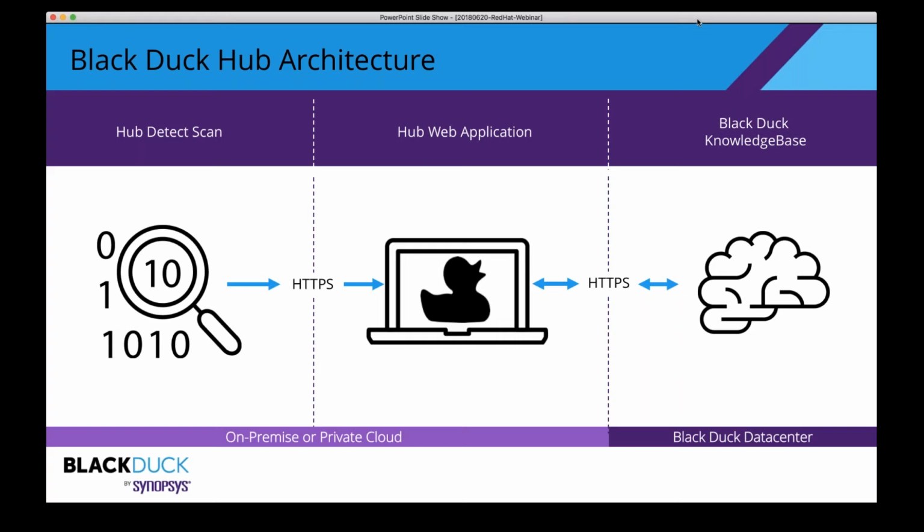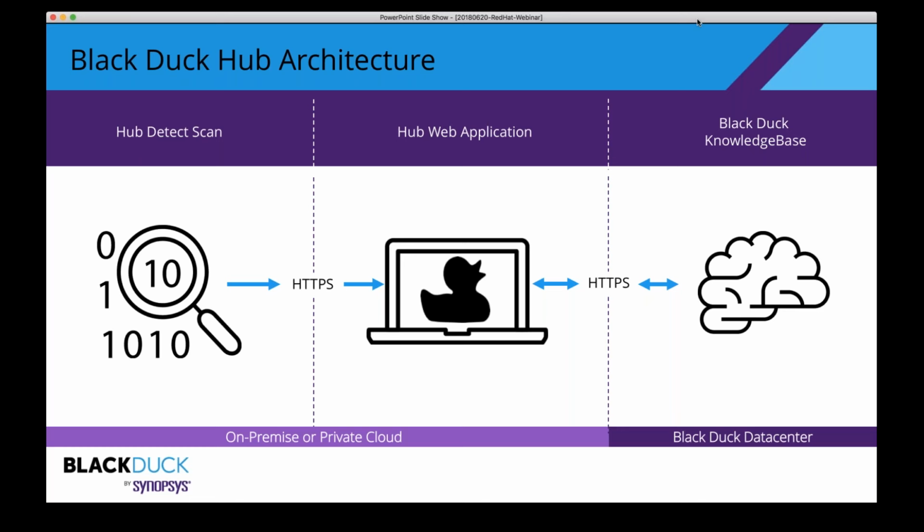So on the left-hand side, you can see hub detect scan. The scan at its core is a command line tool where you can point it at a folder or a file or an archive file. And that scan will traverse those files and folders, create signature information, as well as inspect package management information, and send that encrypted information through a hub web application up to the knowledge base to do matching. Once those hashes and signatures are matched, the identified open source components will then be reported on a web application that is